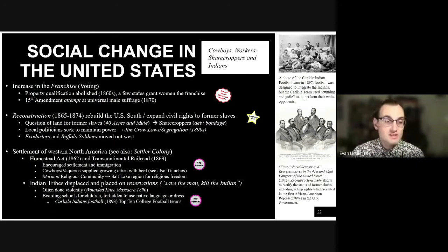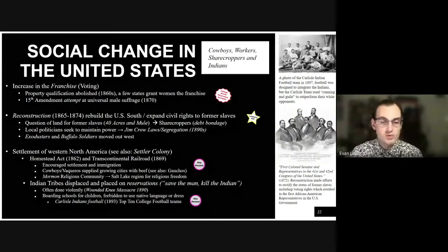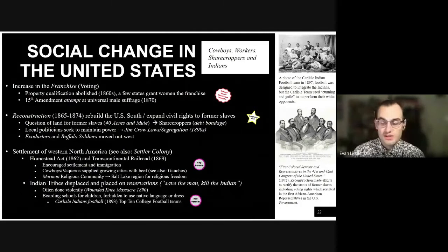After the United States Civil War, the federal government launched what it called Reconstruction. This was ostensibly to rebuild the U.S. South, which had been devastated from 5 years of civil conflict, as well as to expand the rights of former slaves to make them full participating citizens.